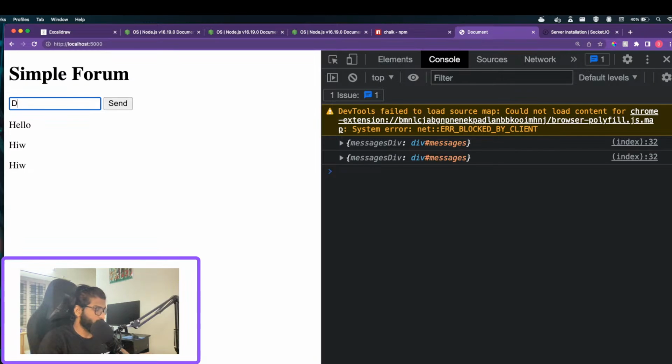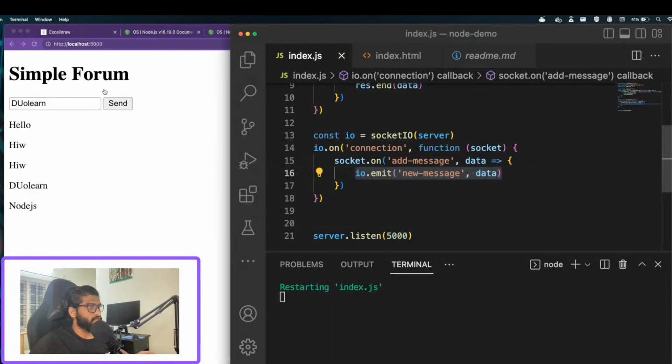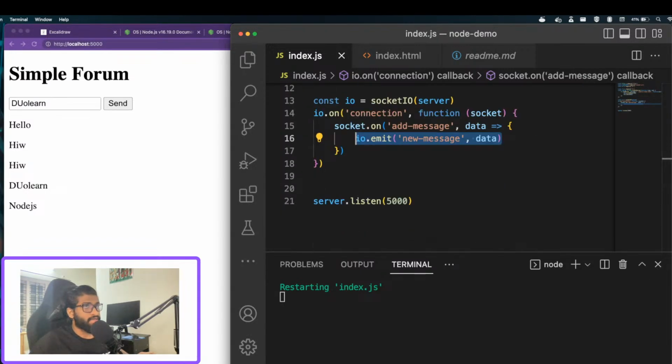I say Duolearn over here, I should be able to see it here too. I'll say Node.js here. I'll be able to see it too. So that was two little applications so that we can understand how SocketIO works, and I hope that was easy